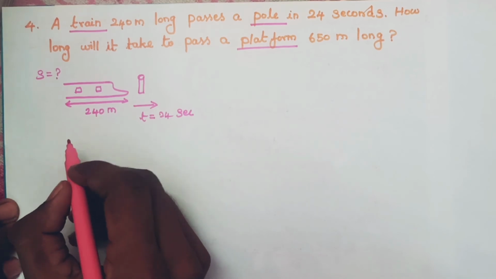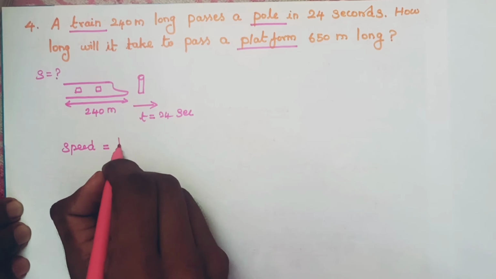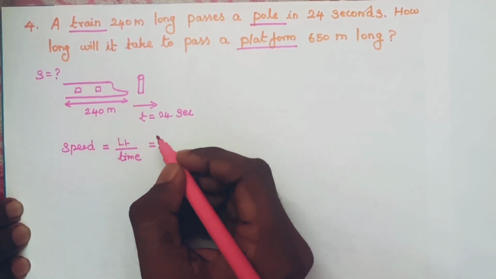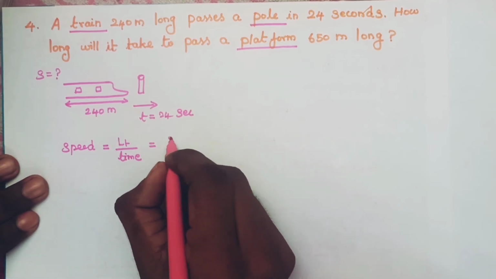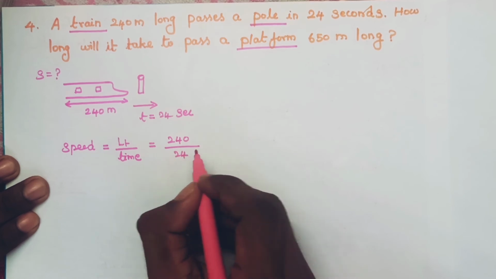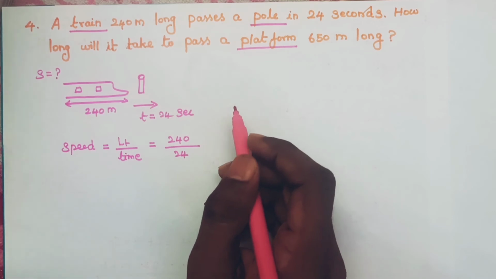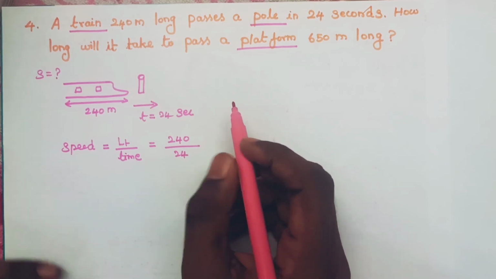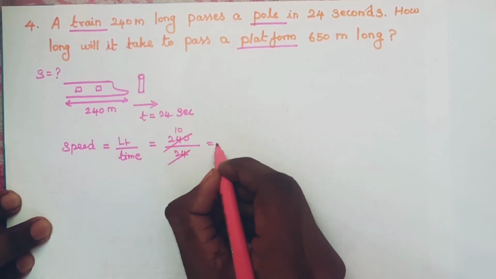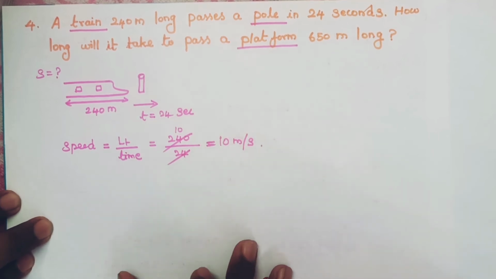So what is the point method formula? Speed equal to distance divided by time. Distance is what? Length of the train divided by time. So in order to find out the speed, just apply the values into the formula. Length of the train is 240 meter and time is 24 seconds. So here distance in meter, time in seconds. So both are in the same form. You don't want to convert it into other forms, right? Just simplify this, 10 you will get. That is, speed of the train is 10 meter per second.